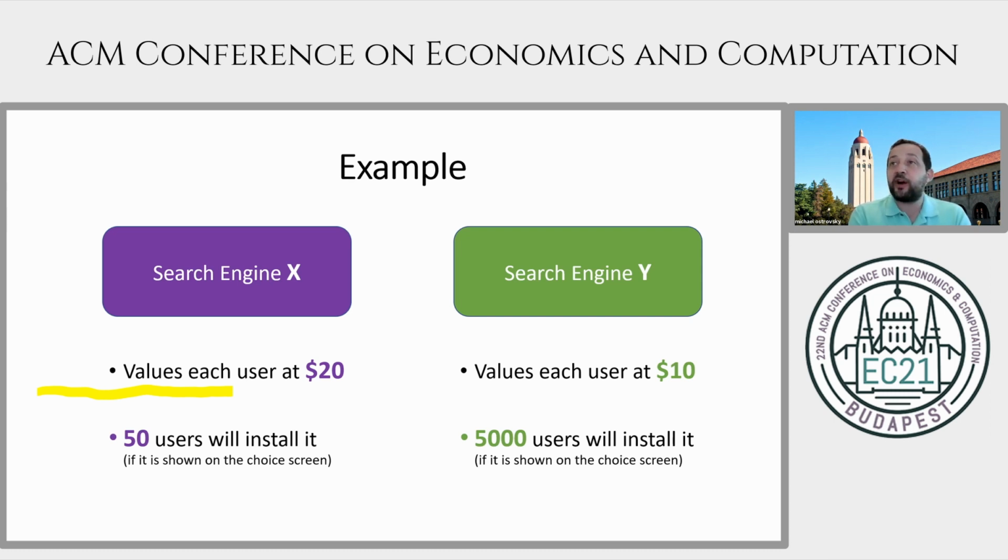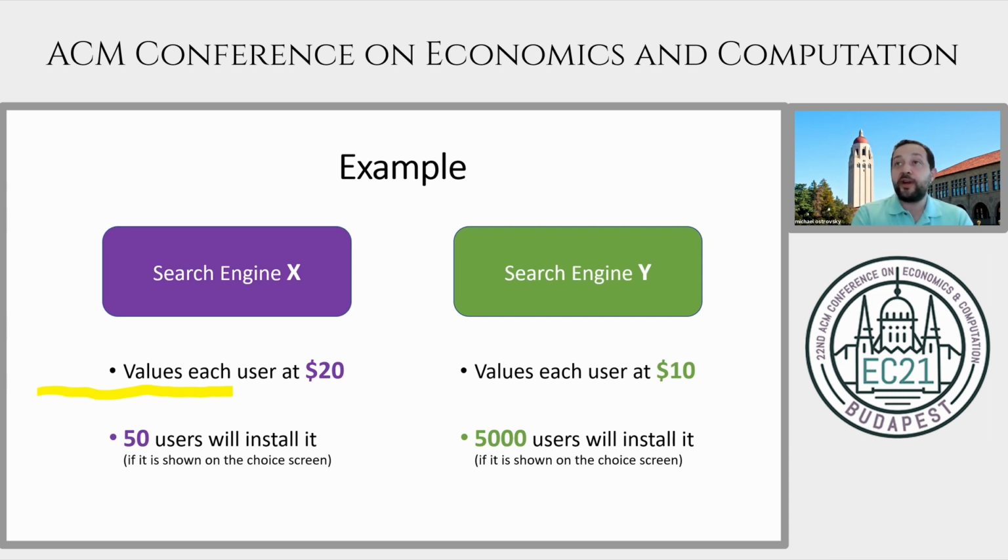So let's think about how each of the 2 different auctions would play out. If you conduct the auction on a per appearance basis, how much do these search engines value being shown on the screen? Well, search engine X values being shown on the screen at $20 times 50. So they would be willing to pay $1,000 to be shown on the choice screen. Whereas search engine Y would be willing to pay $50,000 to be shown on the choice screen. So if the auction was conducted on the per appearance basis, search engine Y would win and 5,000 users would